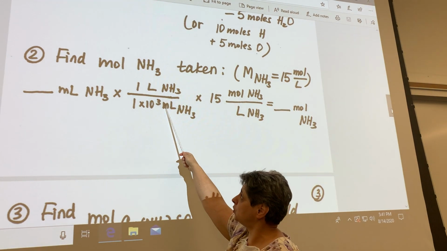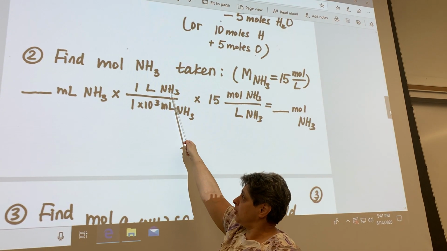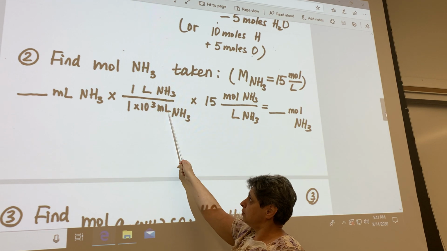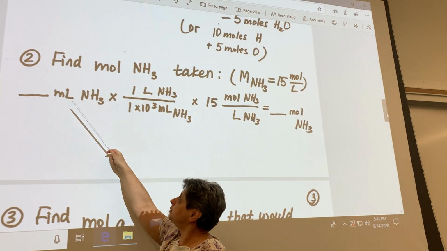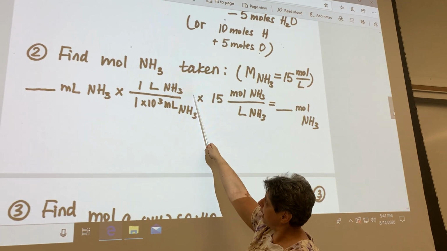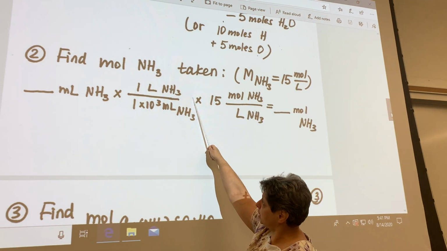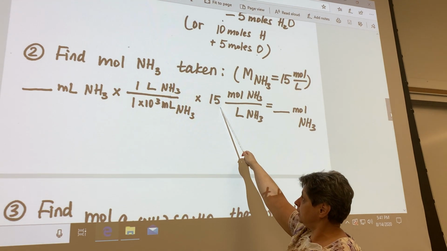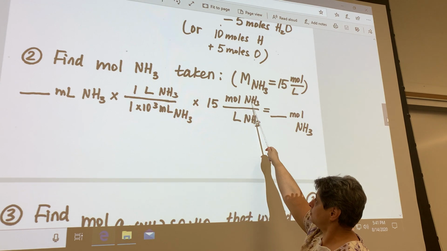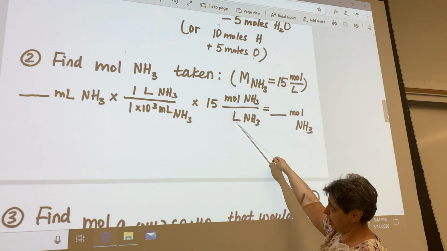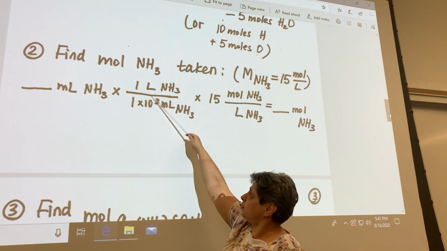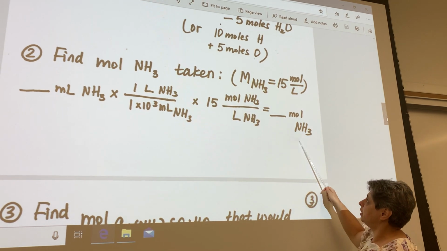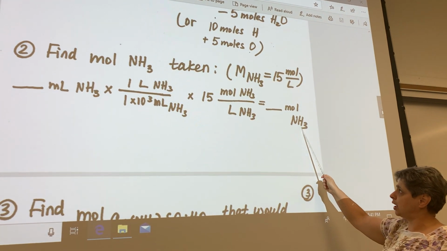This is a conversion to liters. Remember, 1 liter is equal to 1 times 10 to the third milliliters. Milliliters cancel. So at this point we have our volume of ammonia used in liters. And then we multiply this by 15 moles of ammonia per liter. That's molar concentration. As a result, liters of ammonia cancel, and you will find moles of ammonia that was actually